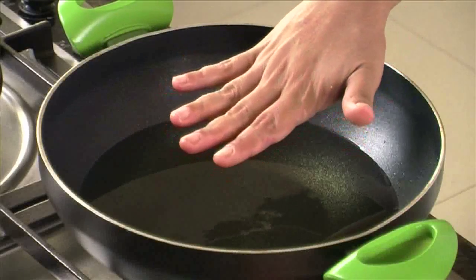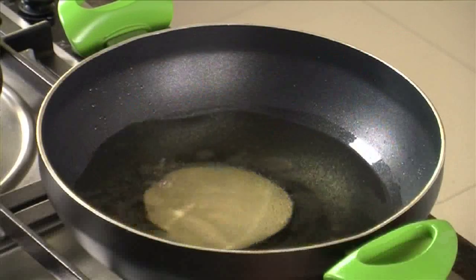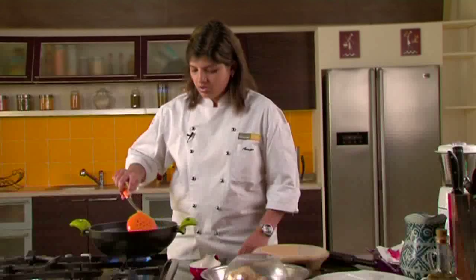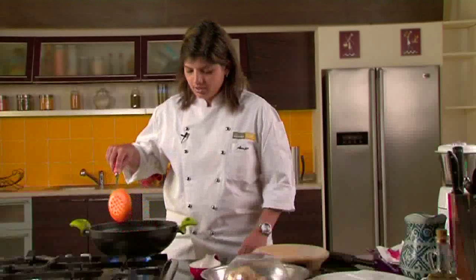Okay, so the oil is very hot. Now we will first put one puri, and how do you put it? You just throw it like this. Lovely. The oil is perfectly fine, and press this lightly so that it puffs. So this is it. You see this? The puri has puffed, and after this we will